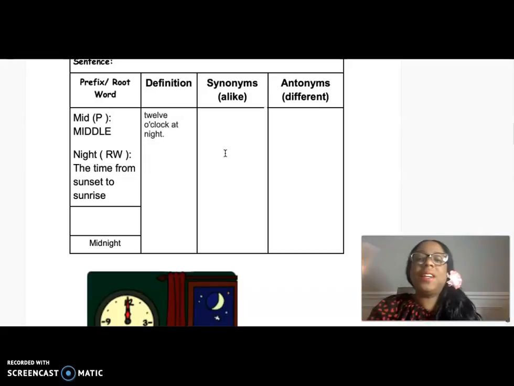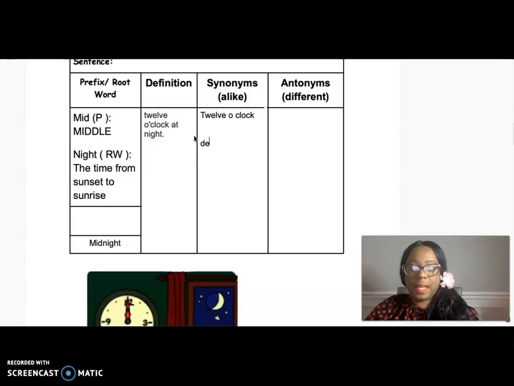Okay, I hear you. We look those words up in the thesaurus. So let me get out my handy dandy thesaurus so I can make sure that I'm letting you know the correct answers. Okay, I thought of some things after I found the information in the thesaurus. And the first thing that I read was that the synonym for midnight is 12 o'clock. Another definition or synonym for midnight is dead of night.